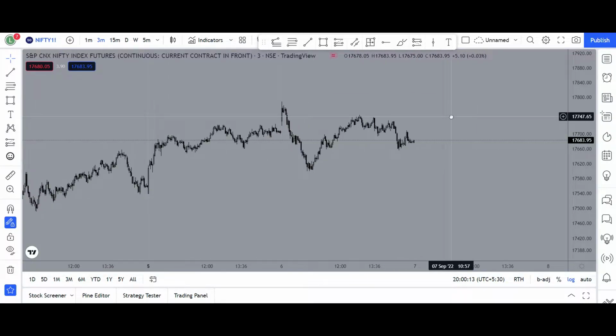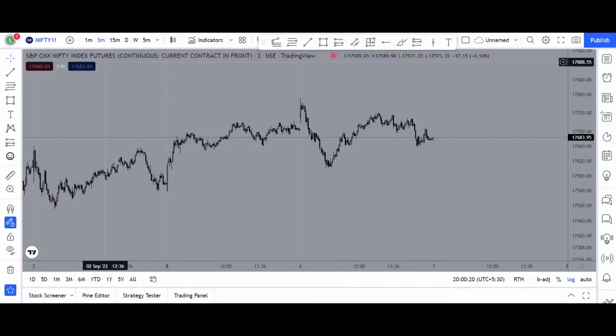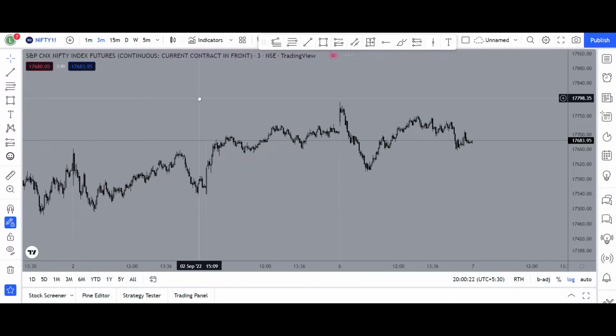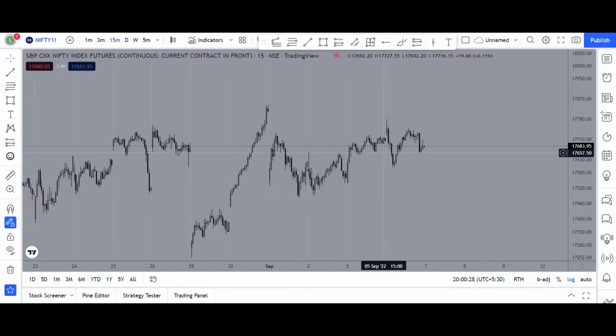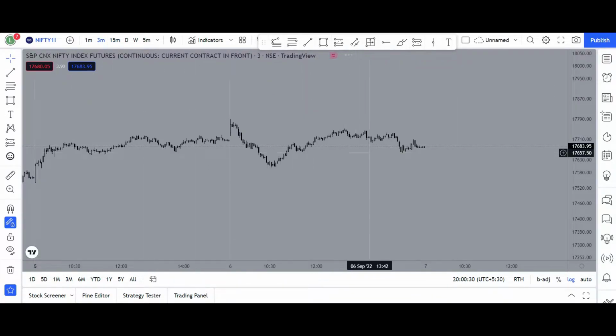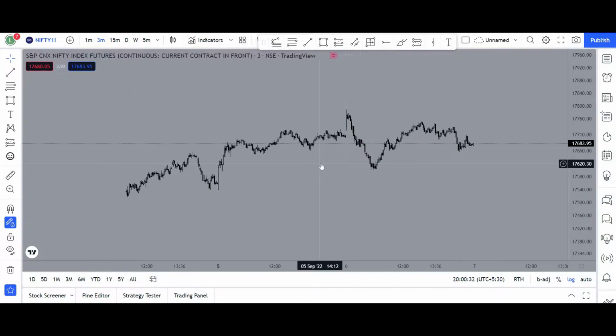Today we'll be looking at the stocks plus Nifty analysis for tomorrow's trading session. So let's start with Nifty futures. This is the Nifty futures chart for 15 minutes. Sorry, it is 3 minutes. This is 15 minutes. As you can see, as I informed yesterday in the Nifty analysis video, that I was